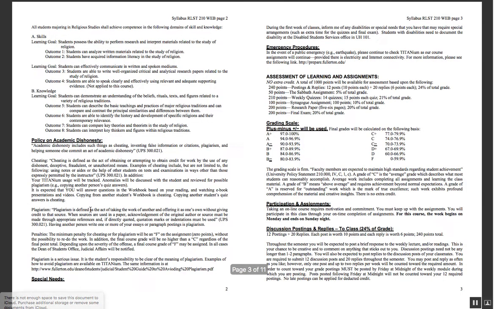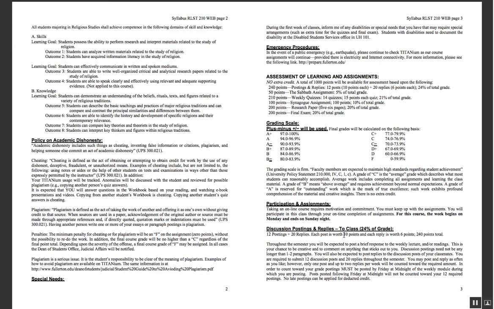Now, let me just say real quick that the discussion postings, I hope that it was clear. If you do this, you will get the points. You'll get all the points. I won't go through and say, well, you didn't put quite enough analysis in this one, so I'm not going to give you all the points. You'll get everything. But if I feel like you're not putting enough into the discussions throughout the weeks, if I